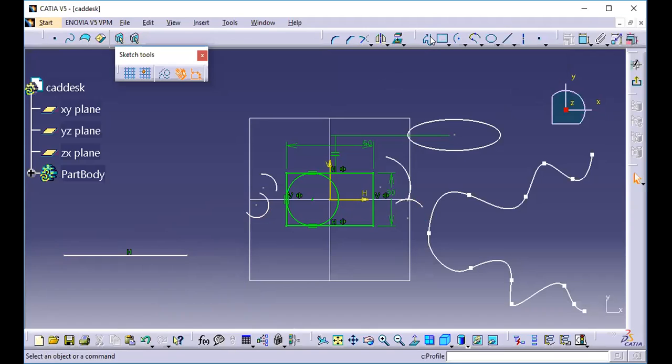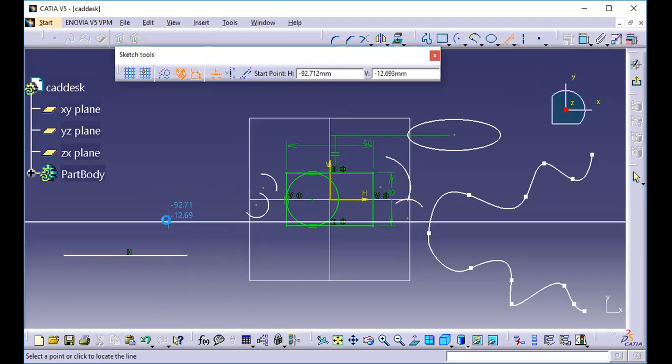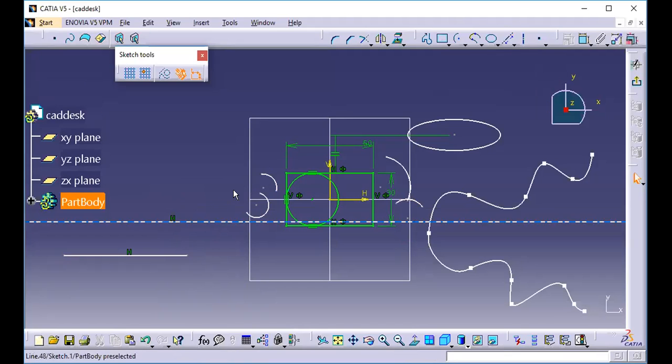Whatever you are doing, go through this profile tool. Keep practicing. I will show you how to do that. It will make your drawing easy. Infinite line in the sense not having any start point, not having any end point. Infinite lines. Tangent, bitangent lines.